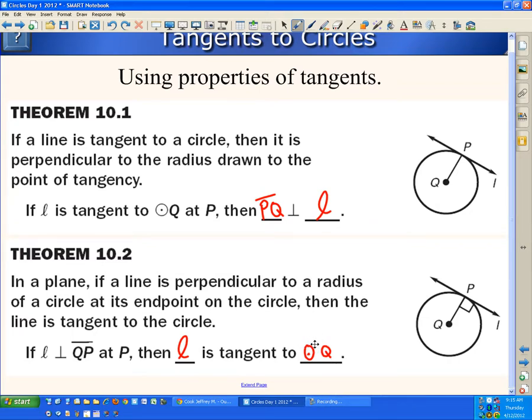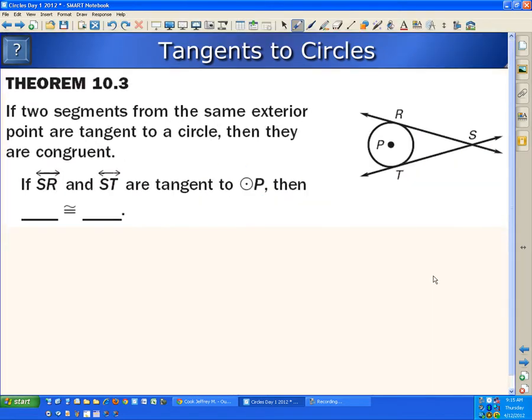It doesn't really matter. But you need to understand these, and where these come about is if we are drawing lines, we can use right triangles and things like that, which might be helpful for us along the way. And then the last theorem that we have here is if two segments from the same exterior point are tangent to the circle, then they are congruent. So we have this exterior point out here, S, and we drew a line ST tangent to the circle. We have the same exterior point S, and we drew a line SR that is tangent